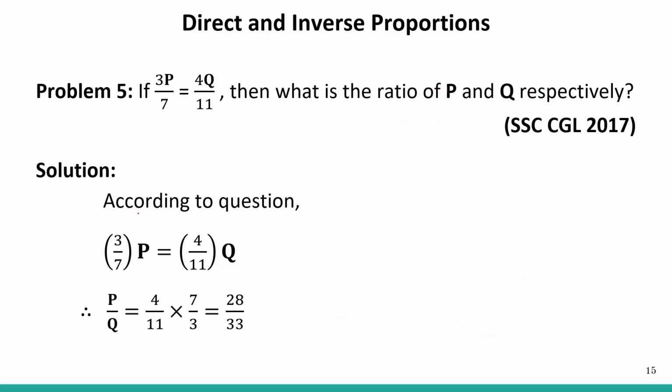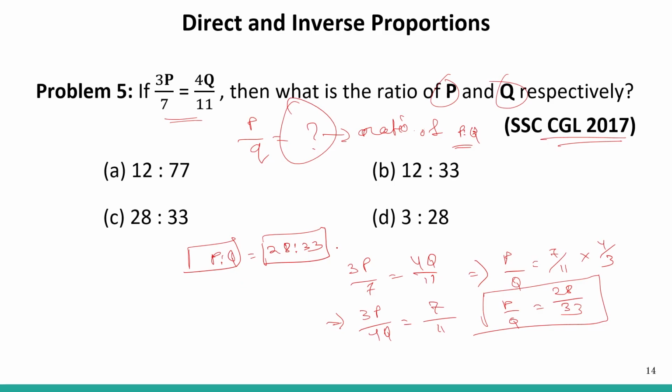Okay, so let's see the step by step solution. 28 is to 33 is the correct answer. These are all wrong answers. You can see this is no big deal to solve these kinds of questions. But you need to be accurate, because a slight mistake will cost you marks, and in this case it can also give you negative marks. So be cautious while solving these kinds of questions. All you need is a little bit of patience and practice.